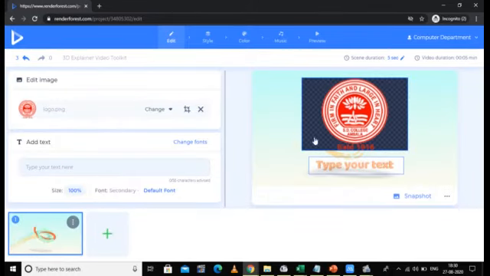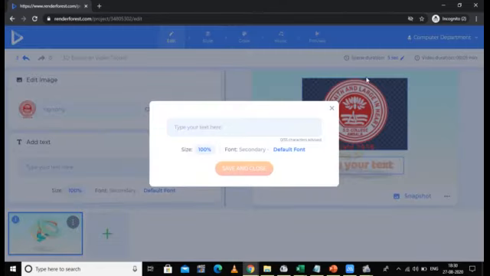Now type your text. Once you select this, you will get this window. Here they have suggested that 55 characters are advised. If you have more than 55 characters, then those characters will not be shown in the scene. So try to have only 55 characters. Here I am giving the college name as Nathamdharam College, Ambala, Kent.